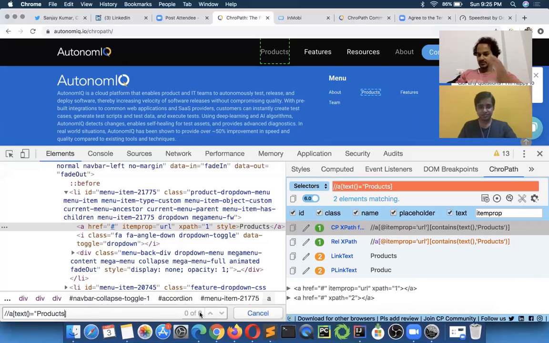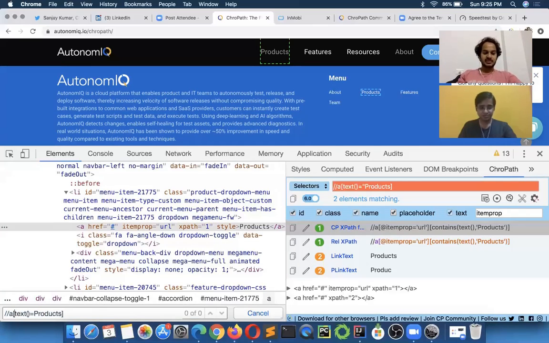So if you are a beginner and you don't know how to write an XPath, you will feel that this is the correct format. You didn't learn that this is a wrong format itself. You don't know whether this text is equal to products you have written. If you are a beginner, you will never learn that this is a wrong format. You will have to pass this value inside double quotes. Those are all things that are there.